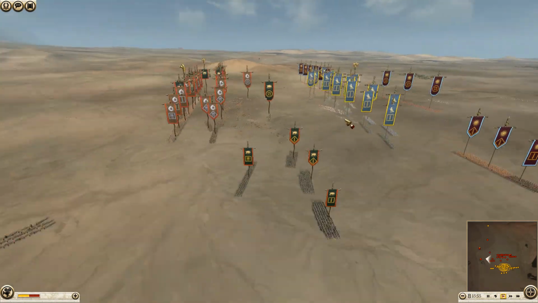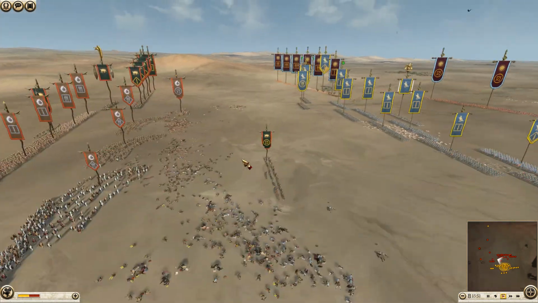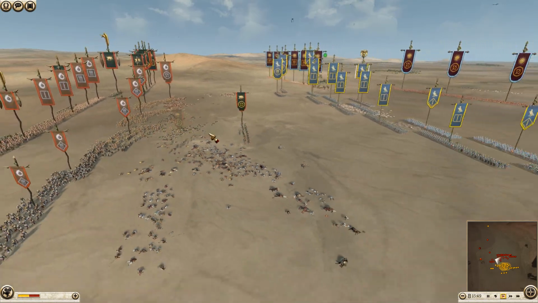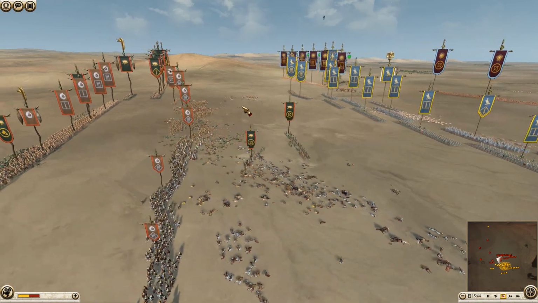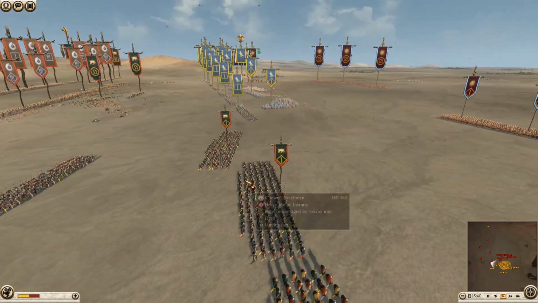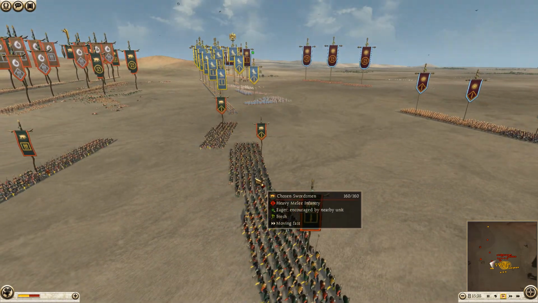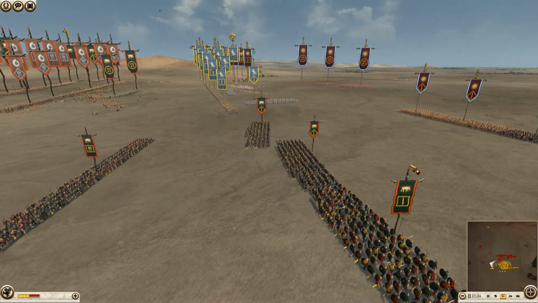Get back over here to the main lines. Okay, so actually, wow, the range situation here for Getae and for Arverni has been depleted seriously. 23 men in that unit, 44 in that unit. We actually have a unit of heavy bowmen pulling back, 30 left in that unit. But we do have some Oathsworn, 2 units of chosen swordsmen, and a unit of spear nobles making their way